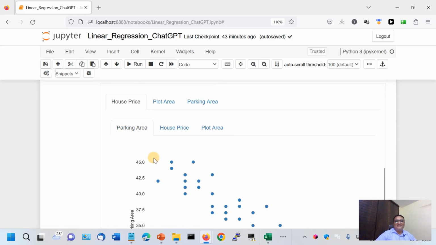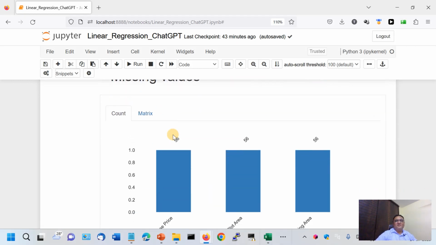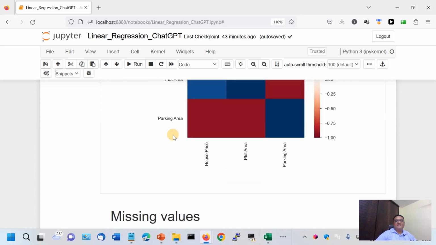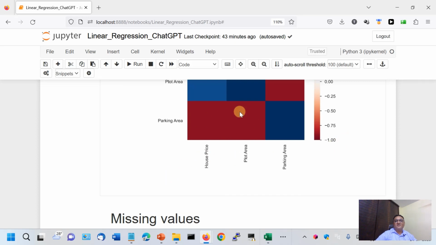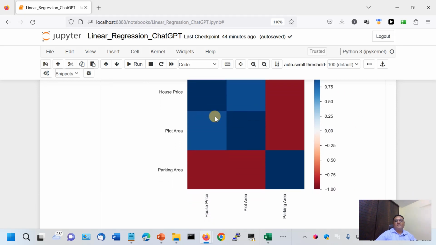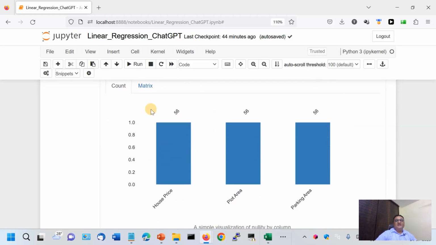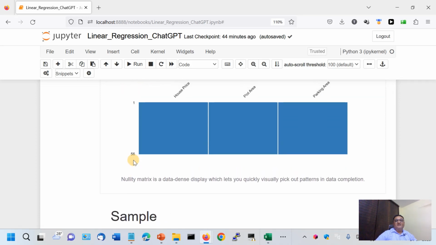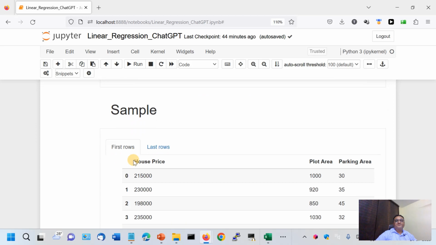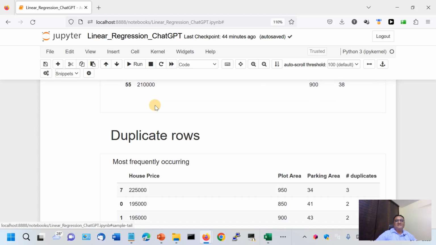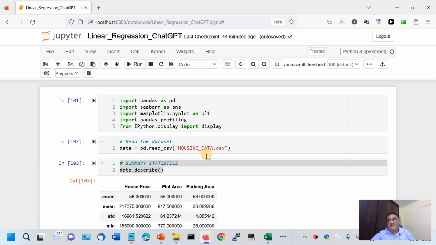And it also generated a heat map, and again you can see the correlations, and wherever there is red color, it is inverse correlation, near -1, and blue color dark means positive correlation. Then these are the counts, and these are the metrics. And the first 10 rows, last 10 rows. It is advised that one should